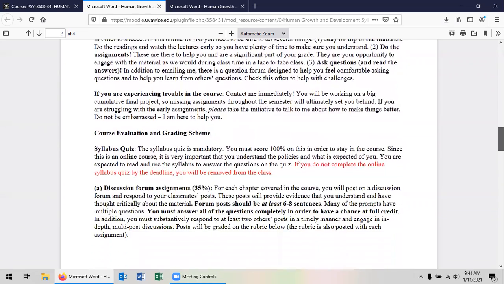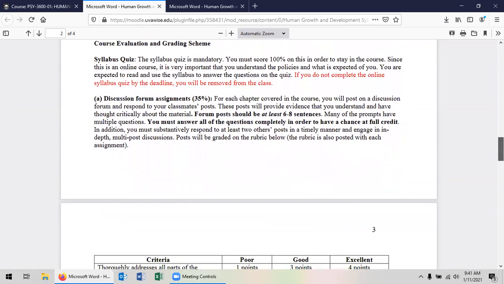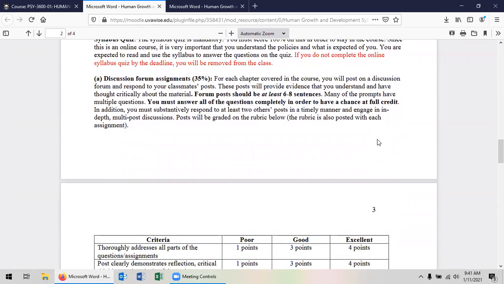Okay. There is a course syllabus, a syllabus quiz, which is mandatory. So you need to take that just to make sure that we are all on the same page with what is expected. And then in terms of grading, you've got your discussion forum assignments, which are worth 35% of your